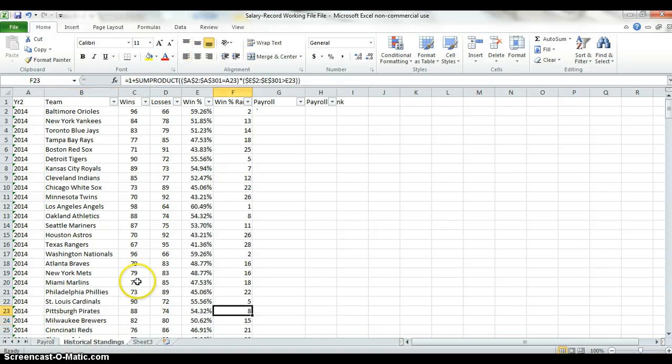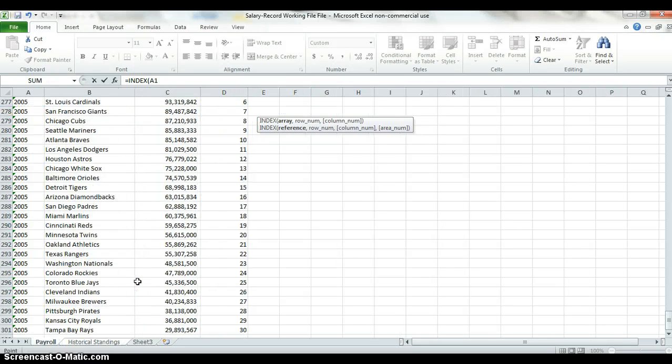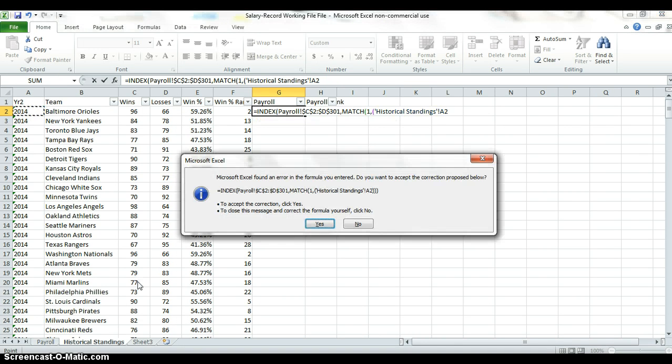Sorry about that. I realized that I had some references that were different. My year inputs were not like between the two sheets. So let's go back and put our formula in again. So we're going to have our index be our payroll and payroll rank on the payroll tab. We need to enter our first match, look for the value 1 in our rows. Our first reference is going to be year, so we're going to say, does